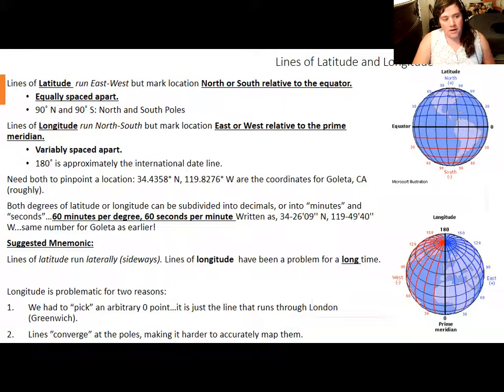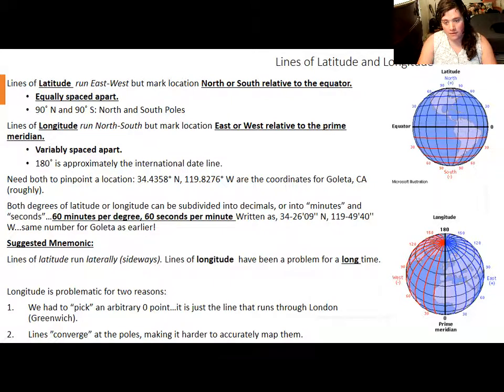Now let's talk a little bit about latitude and longitude. Excuse me, I usually put latitude first. Latitude and longitude are a coordinate system. They are based on numbers, and they are based on lines in which each line represents points that have the same distance north or south from the equator, or the line consists of points that are all the exact same distance east or west from the prime meridian. Lines of latitude extend horizontally, so they run east to west, but they all demarcate distance north or south relative to the equator.